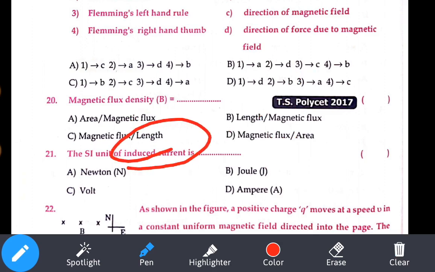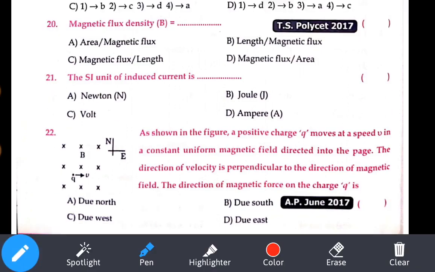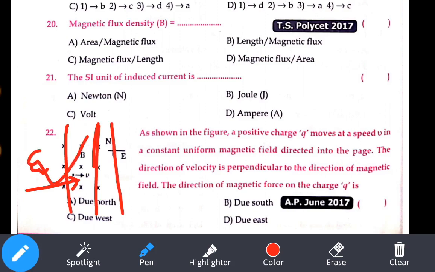SI unit of induced current. Induced current or current unit is what? Ampere only. Option number D. Let's see the 22nd question. They have given one figure here. As shown in the figure, a positive charge moves with speed v in a constant uniform field directed into the page. Okay, they have given this figure directly into the page. Next, direction of the velocity is perpendicular to the direction of the magnetic field. So they have said that charge is moving perpendicularly into the magnetic field. Then the direction of force on the charge is